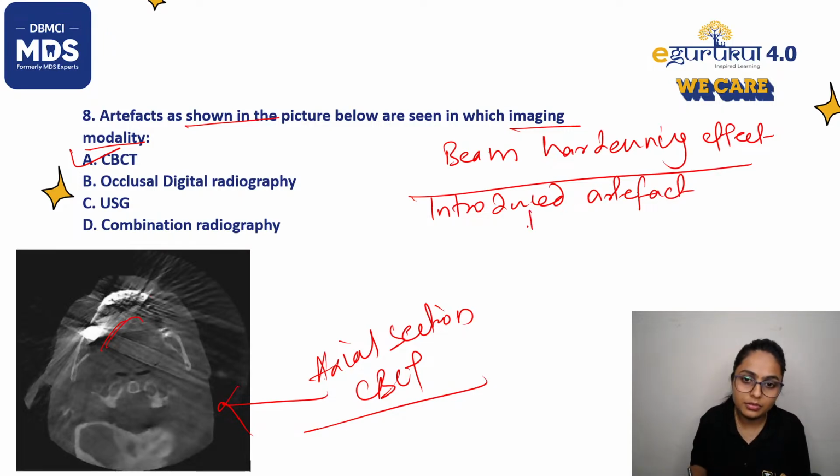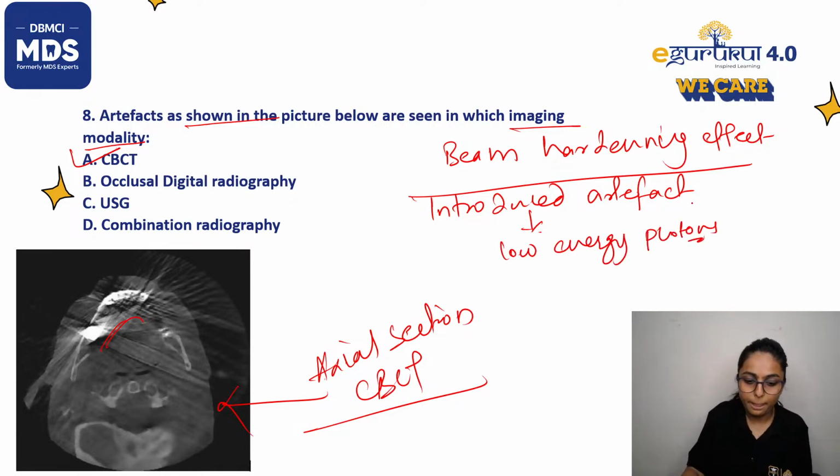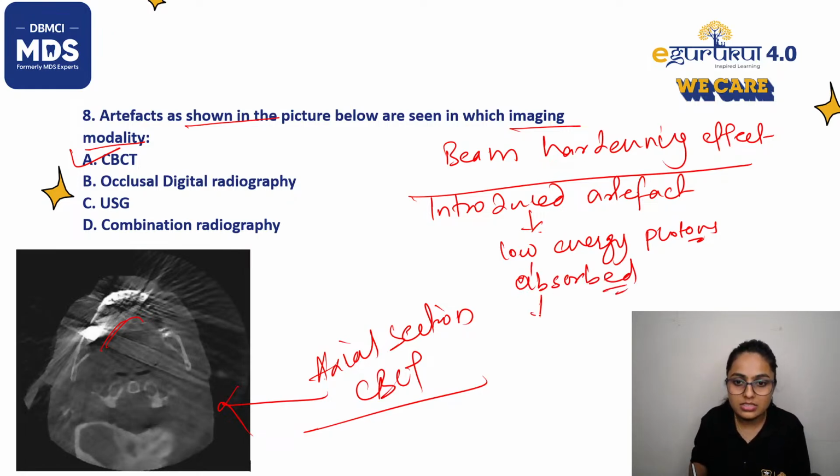What happens there is the low energy photons which are coming up get absorbed, and they cause distortion of the metallic object